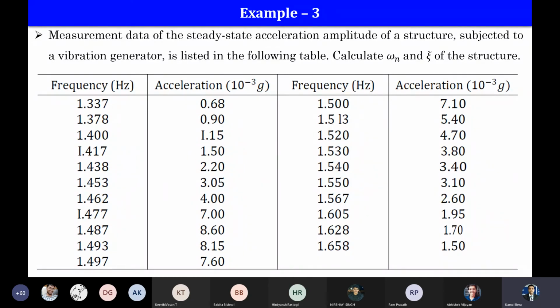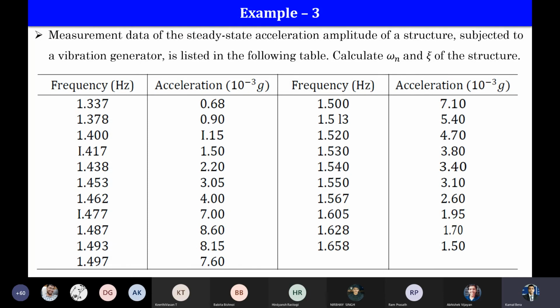Remember, this is in frequency, in hertz, and it is asking for radian per second, maybe. So be consistent with whatever you do. Then you find omega 1 and omega 2, and your zeta will be omega 2 minus omega 1 divided by 2 omega n, right? Finish. You might have to interpolate, because the value 8.6 by root 2 might fall in between, so you can do linear interpolation and find the corresponding frequency.